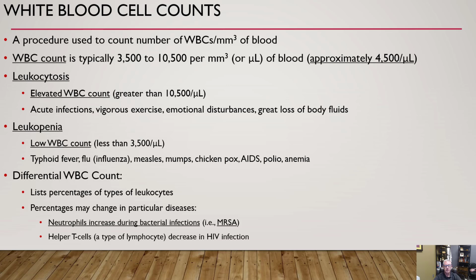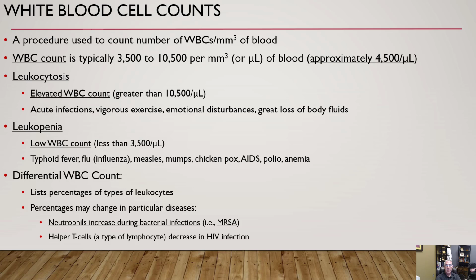Leukopenia is a low white blood cell count, less than 3,500. If you have that with flu, influenza, measles, mumps, chickenpox, anything that will decrease your immune system, HIV, AIDS, polio, anemia,